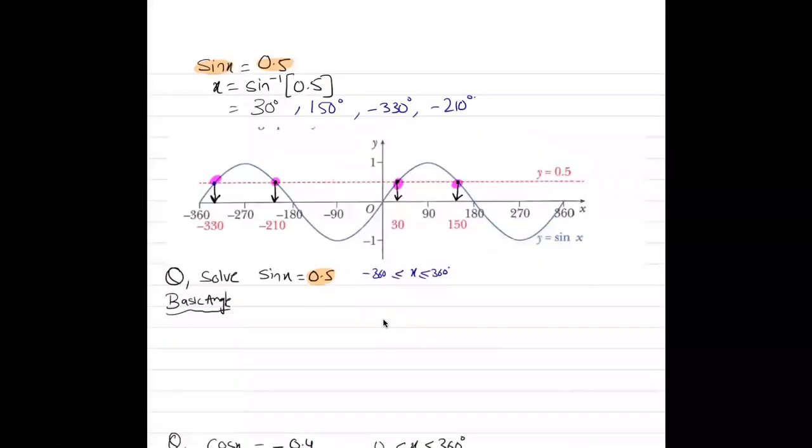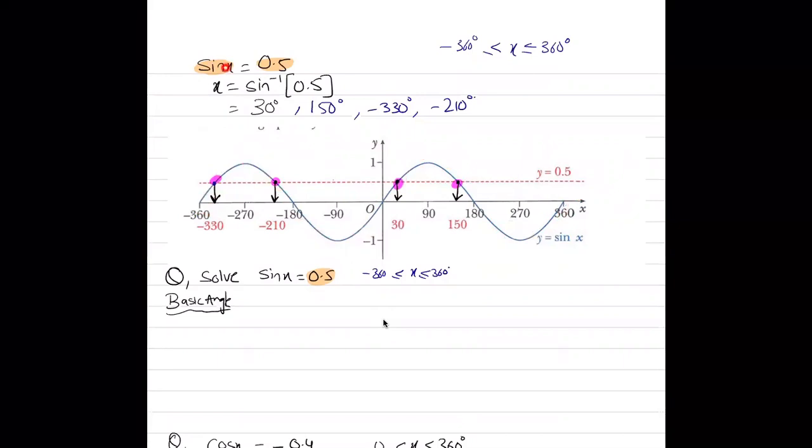Now, let's say you have a trigonometric equation sin x equals 0.5, and you are asked to solve for all the values of x between, let's say, minus 360 and 360. You may have learned a method of taking an inverse and then finding the angles, but diagrammatically this is one cycle of the sine wave, and this is the second cycle. So from minus 360 to 360, there are going to be two cycles of the sine wave.